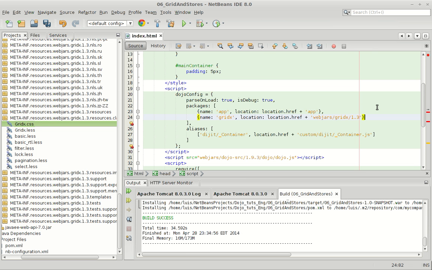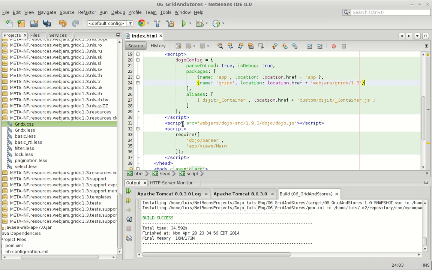As you can see, only for Dojo we need to add this script. For the other libraries we don't need it, because this one contains the function required internally and creates that function, and that's why it's required here. And now how